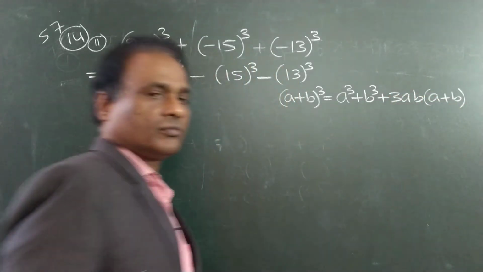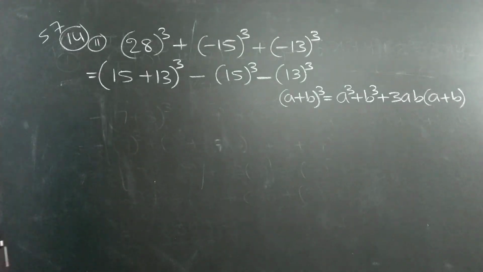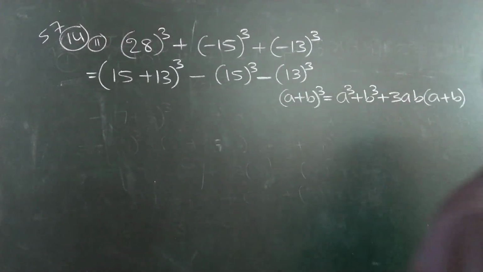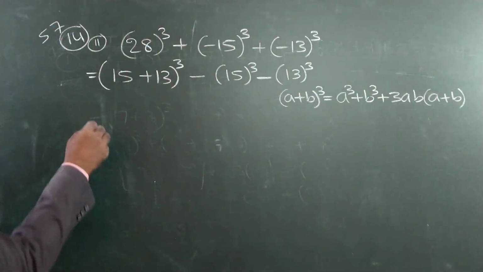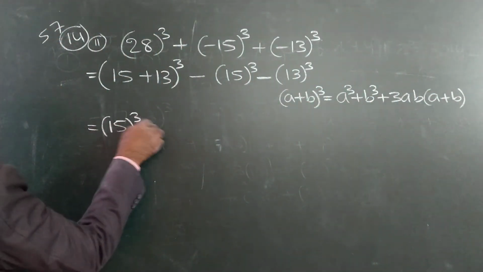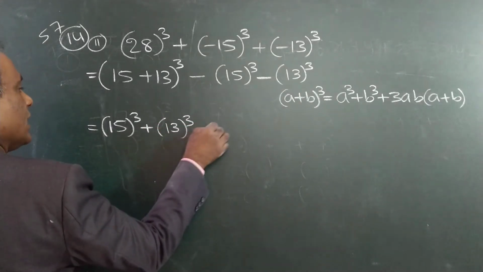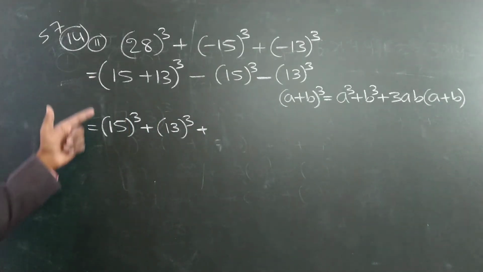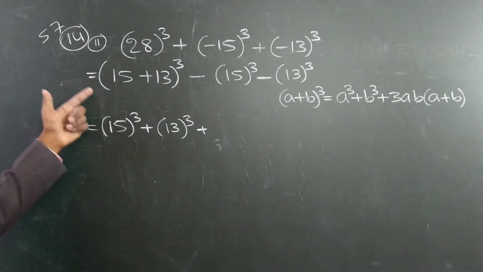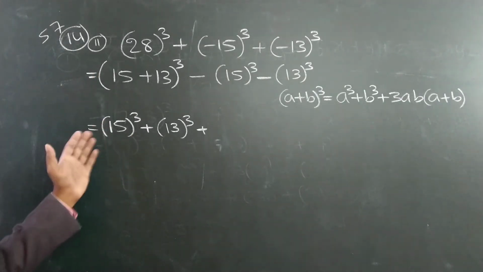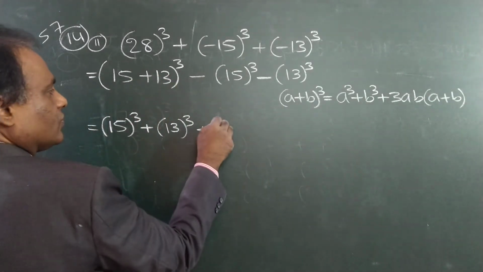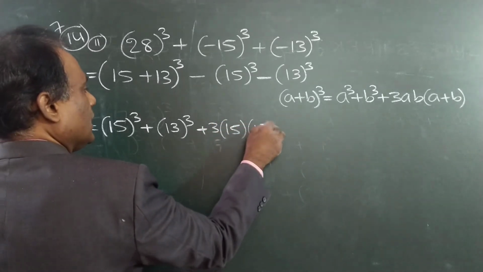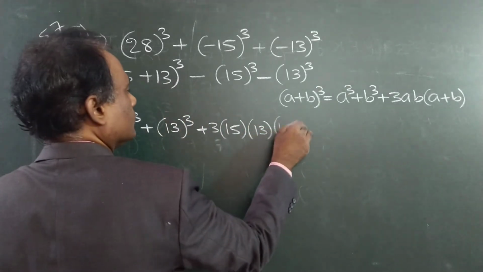Apply this formula here. Same formula you apply here. Apply the formula. A cube plus B cube, and no big bracket because there is no confusion with the minus. In the previous problem there was a minus, so there was some confusion. Plus means you can directly write, no other new brackets. So A cube plus B cube plus 3AB into A plus B